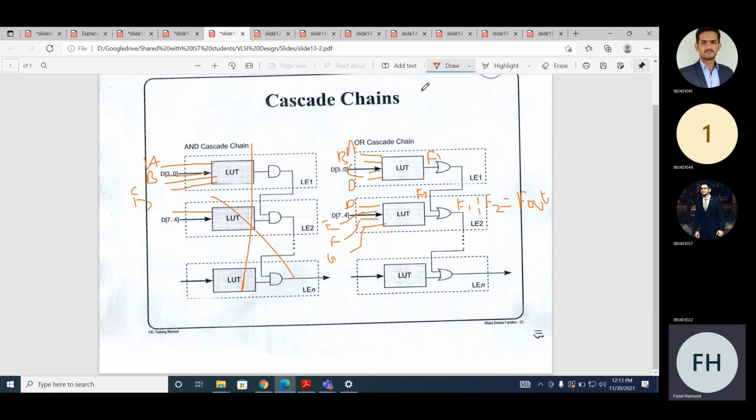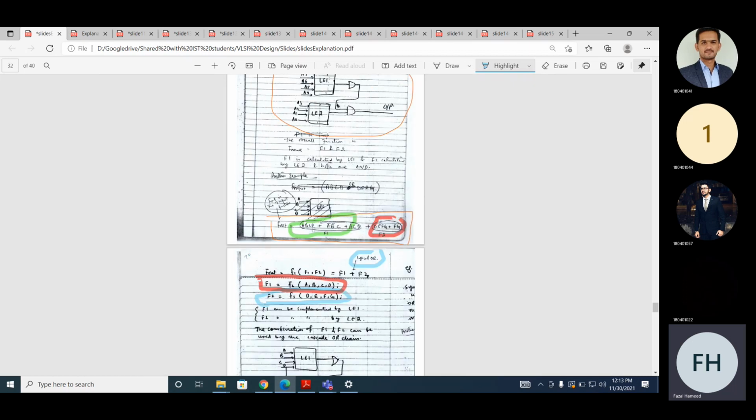Now it's also possible. Now if you look at this function, you may say that, okay, I will use one logic element to implement A, B, C, D, and another logic element to implement A bar, B bar, C. Actually, how many terms do we get? 1, 2, 3, 4, 5. These are 5, and you have an OR chain among all, but will it be an efficient implementation or inefficient implementation? Inefficient.